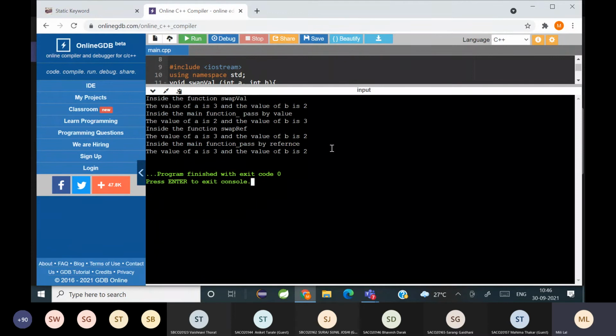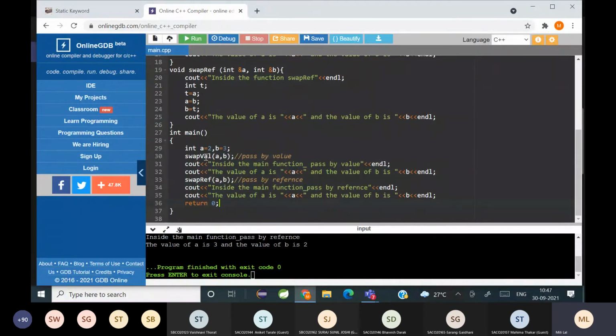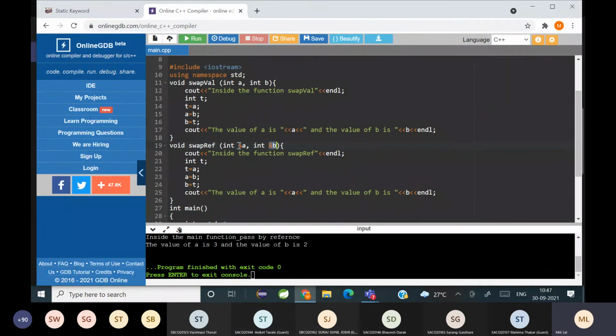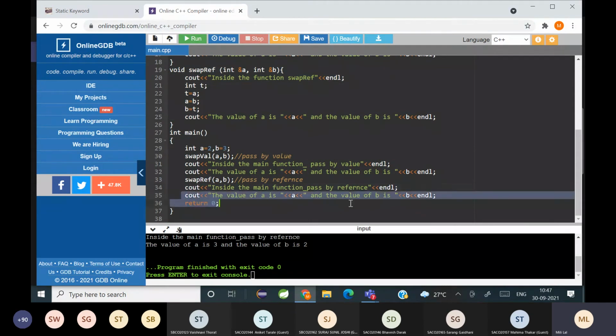तो pass by value and pass by reference का difference समझ में आया क्या सबको? Yes, ma'am. Yes, sir. You can see what are the changes I did. यहाँ पे कोई भी कुछ भी चेंज नहीं किया है. देखो फंक्शन कॉल तो सेम ही है, बट यहाँ पे क्या पास किया है, लाइन नंबर 19 में ampersand यूज किया है. सो इट रेफरेंस पास किया, मतलब आई एम पासिंग द एड्रेस instead of the value. So whatever changes happen in this particular function is also reflected in the main. किसी को कुछ डाउट है अभी?